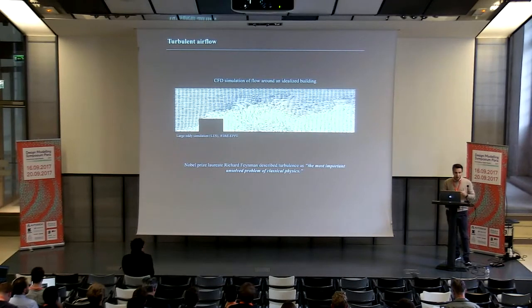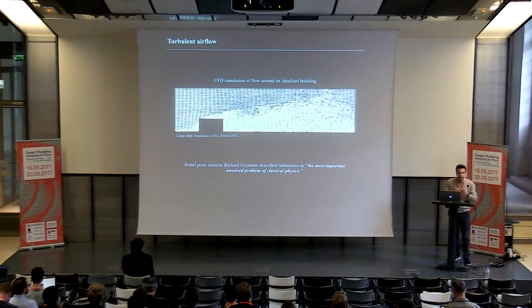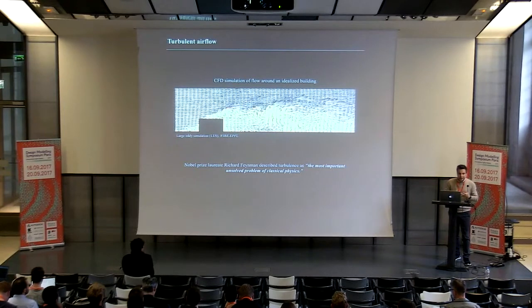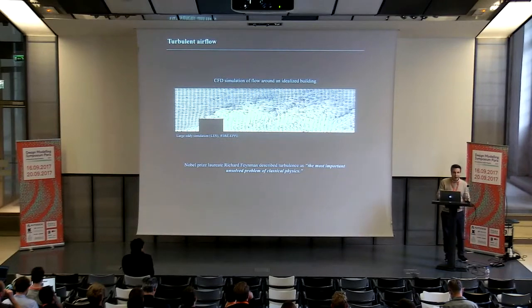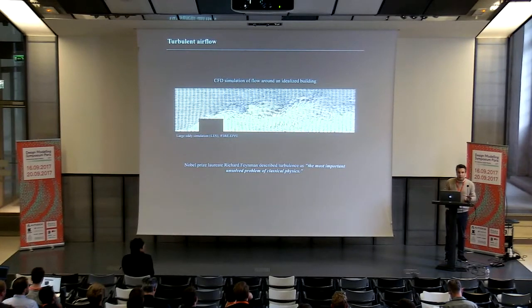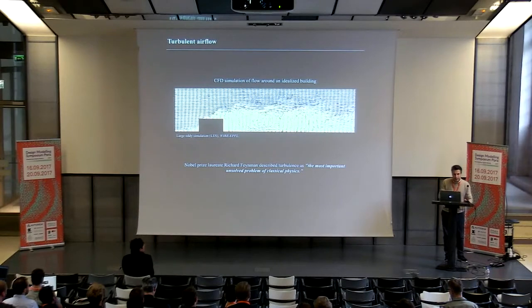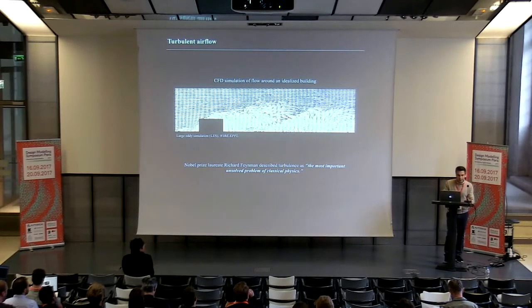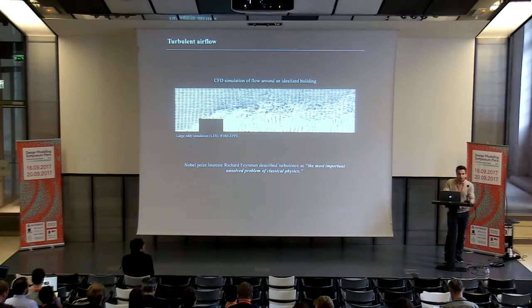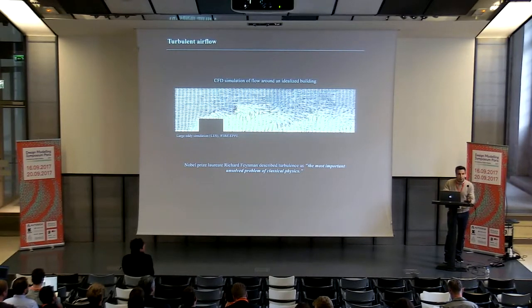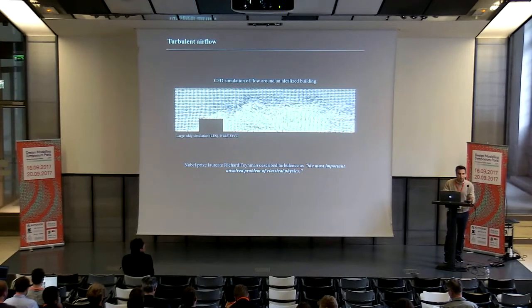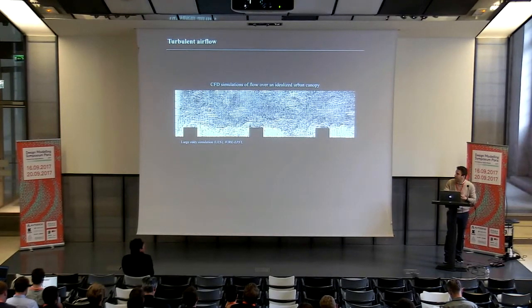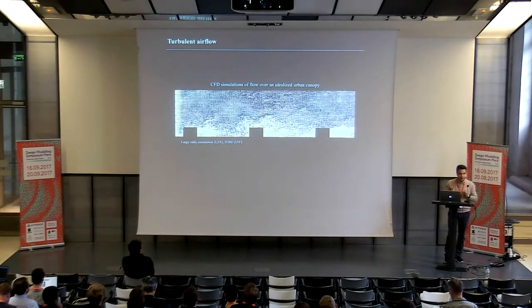In fact, turbulent flow contains a lot of energy, and there's no absolute solution for that. If you Google turbulent flow, you can find on Wikipedia that Nobel Prize laureate Richard Feynman described turbulence as the most important unsolved problem of classical physics. That means there's no absolute solution for that. This is very complex, but if we go further and we now have several buildings,